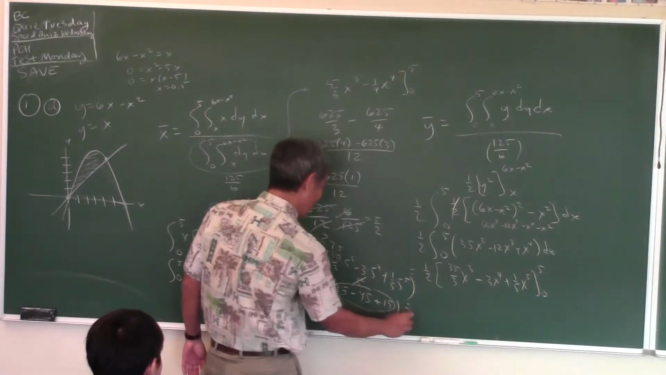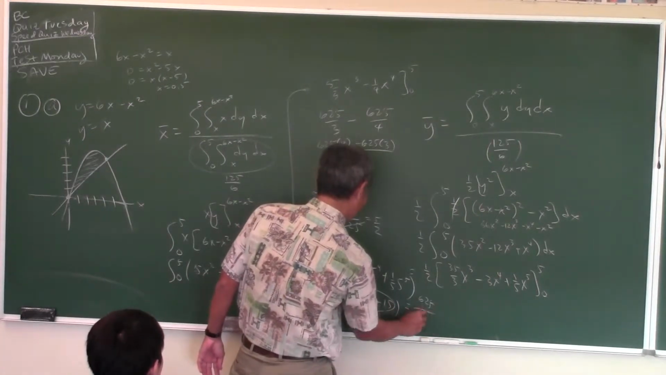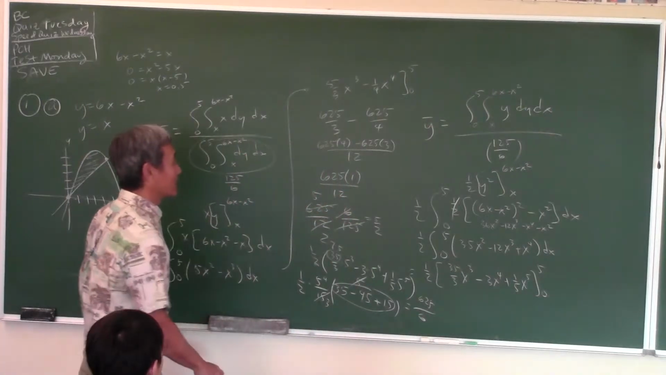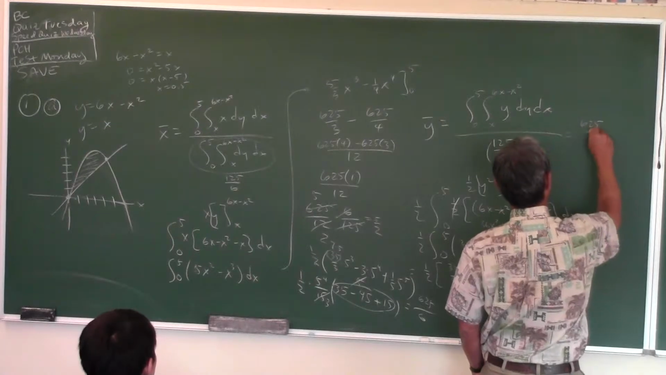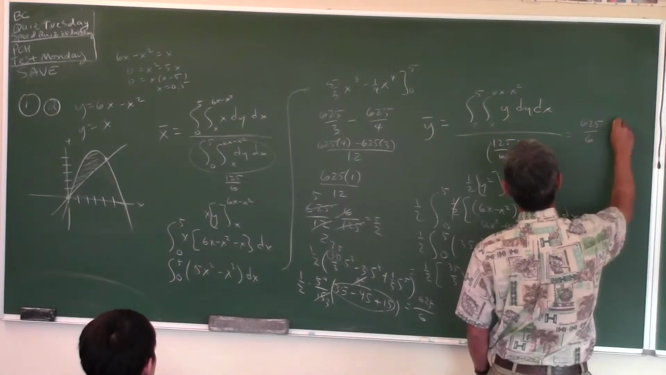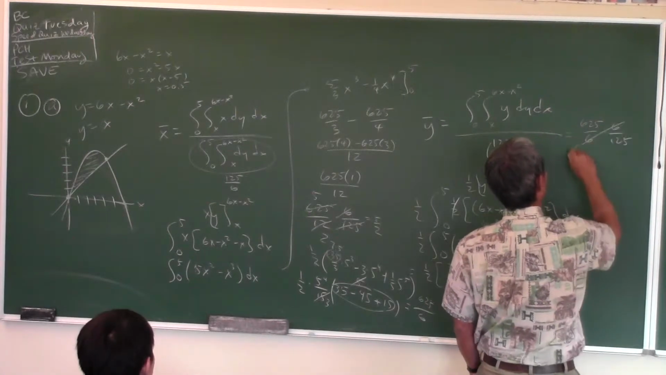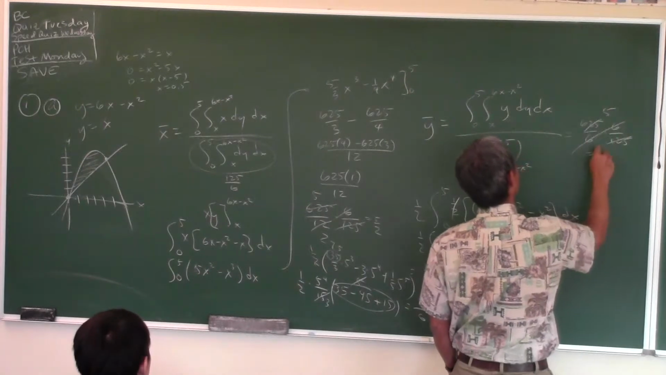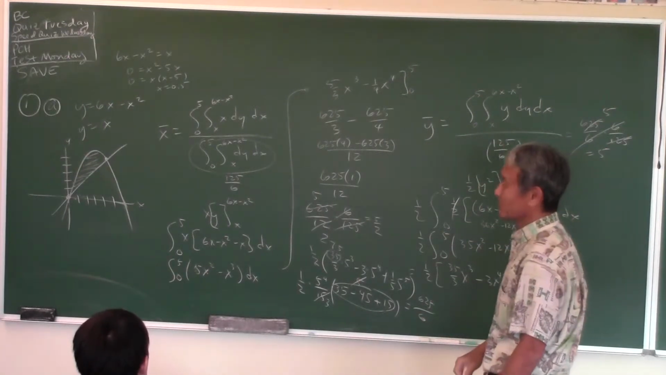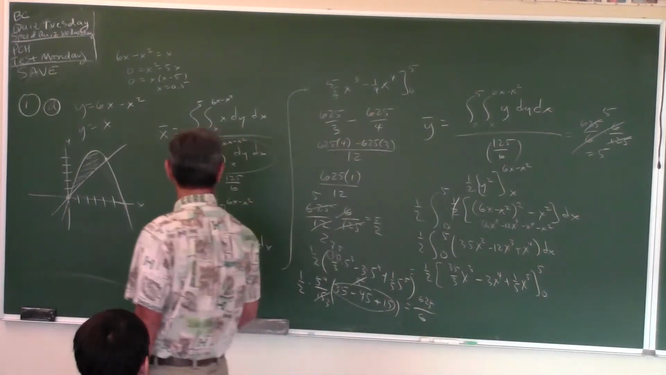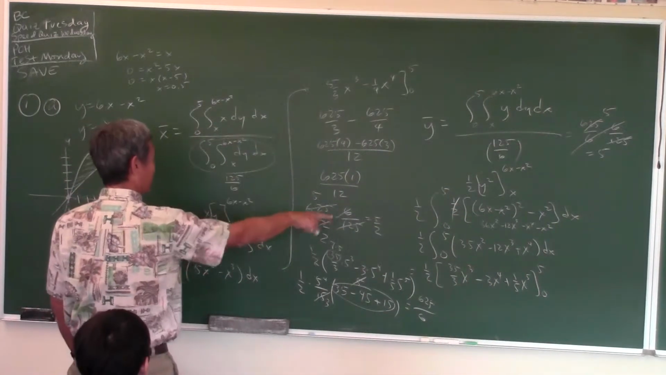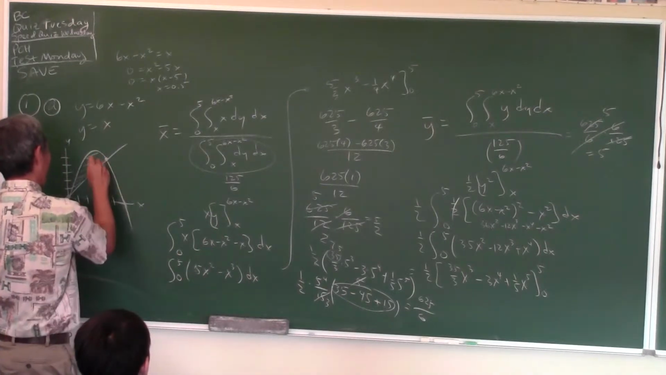So we got 5 to the 4th, which is 625 over 6. That's the numerator then. 625 over 6 divided by this, but that's like multiplying by the reciprocal. You have 5. Is that the answer? Yes. So the centroid is, what was the x-coordinate? 5 halves. So the centroid is 5 halves,